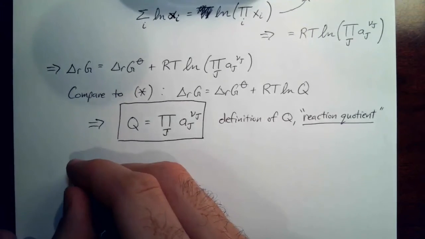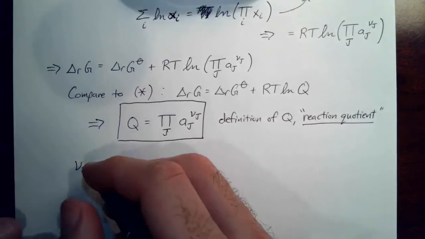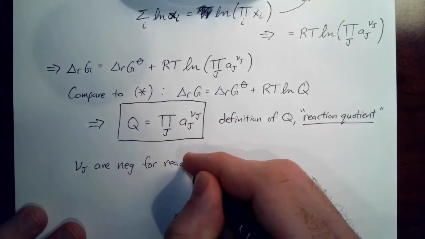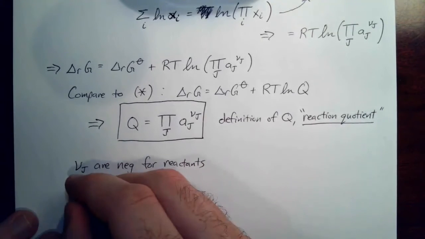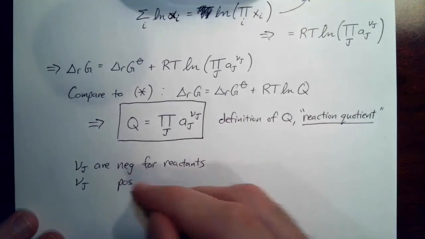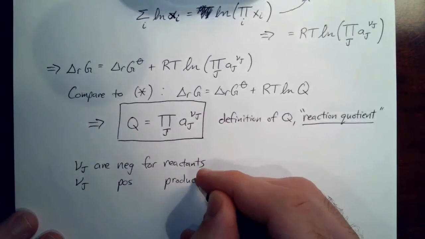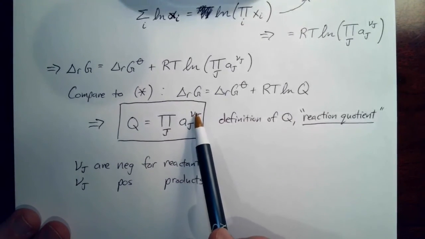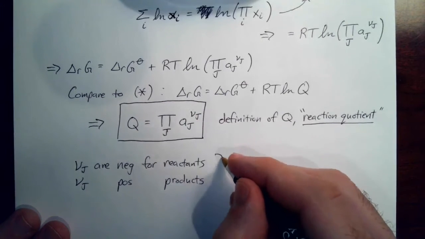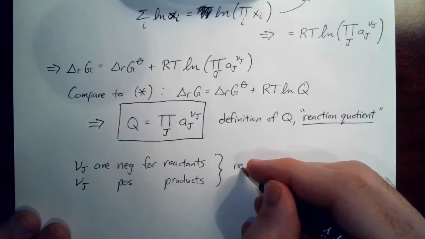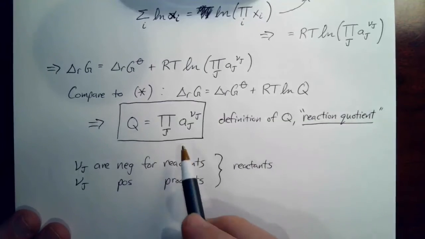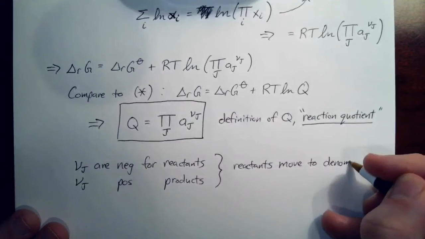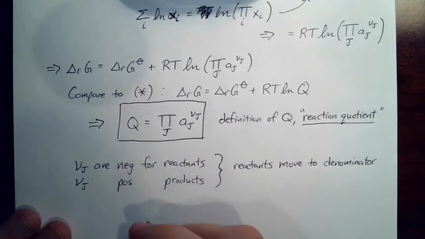So remember, these stoichiometric numbers, nu j, are negative for reactants, and they're positive for products. So that means in this formula up here, all the reactants are going to have a negative exponent. All the products will have a positive exponent. So that means that the reactants will all move to the denominator. And so sort of schematically, I could say that Q